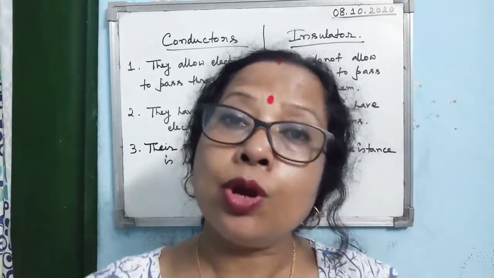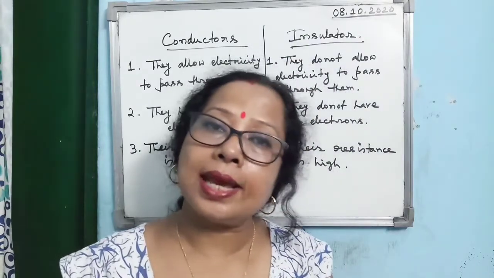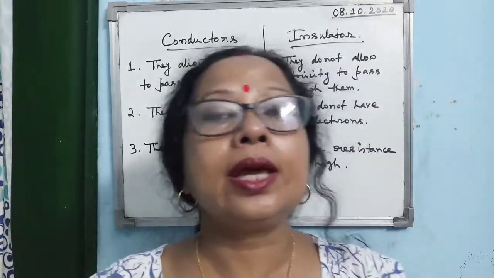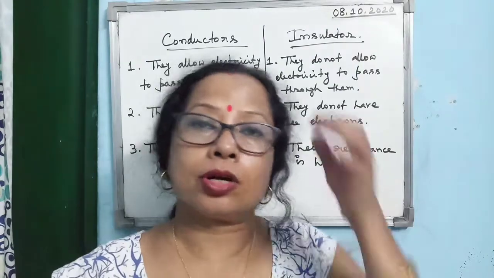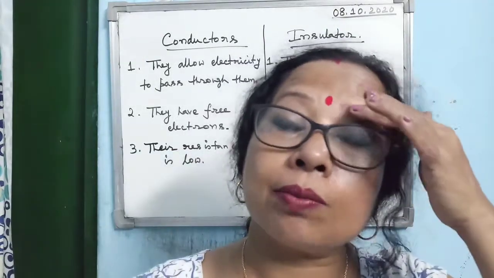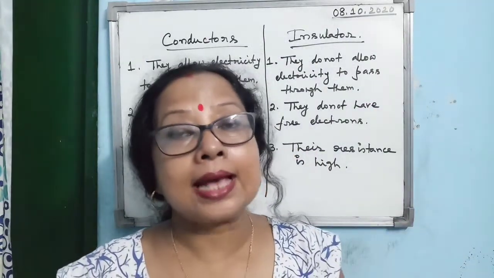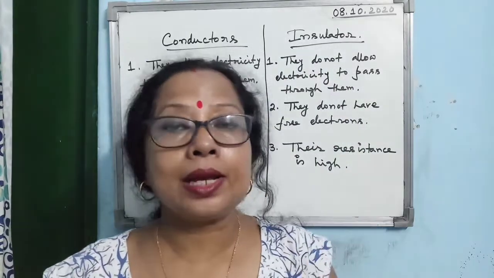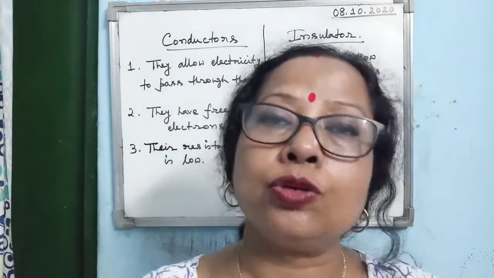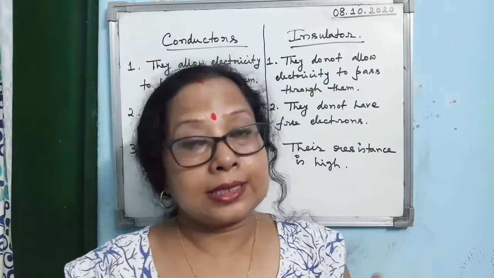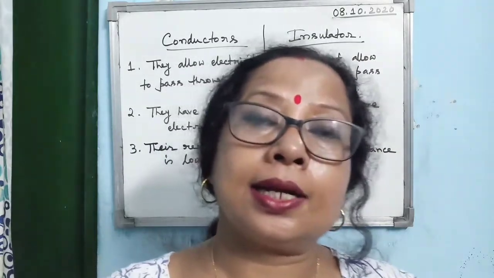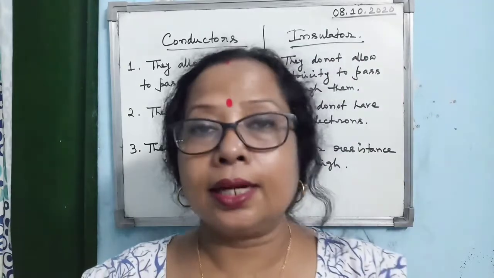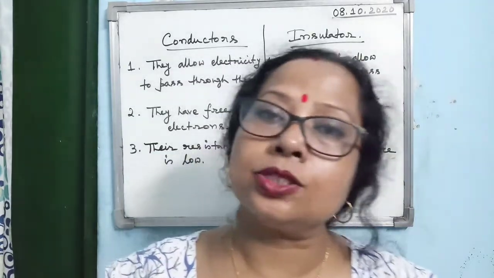They are not staying within the atom, but they are staying within the substance. So they are known as the free electrons. Now conductors have a large number of free electrons, whereas insulators do not have free electrons. These free electrons help electricity to pass through them. So the second point of difference between conductors and insulators is that conductors have free electrons, whereas insulators do not